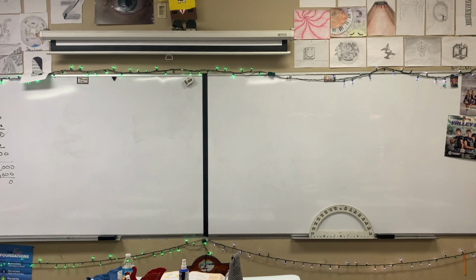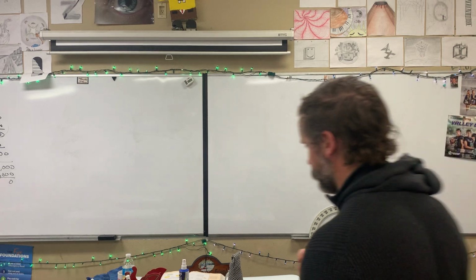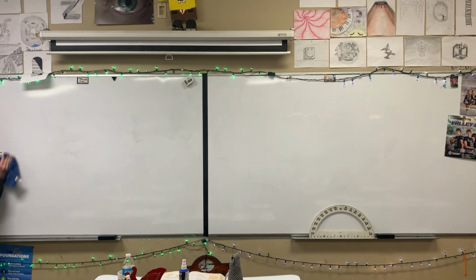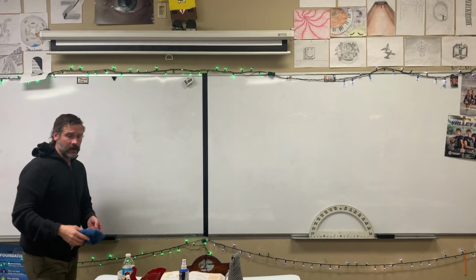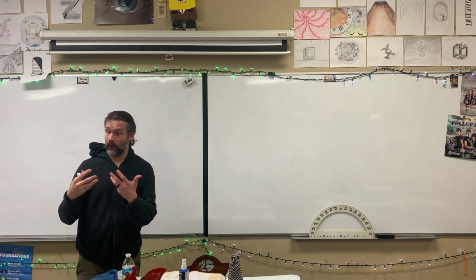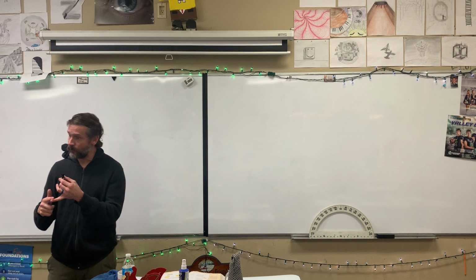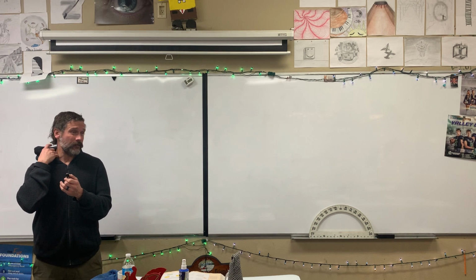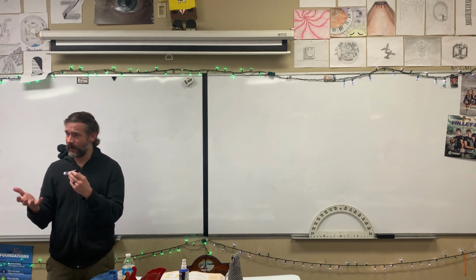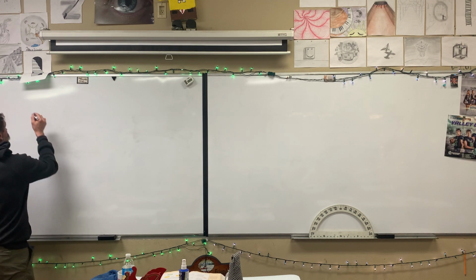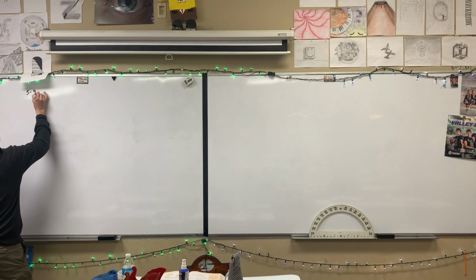Okay, 5-9 is going to carry on with our factoring. So far, for the most part, we have had coefficients of 1 in front of our squared terms. We also dealt with perfect squares, like difference of squares and perfect square trinomials, and those did not necessarily have coefficients of 1, but we were able to deal with them. So if we review a little bit, 5-9 is going to be factoring,